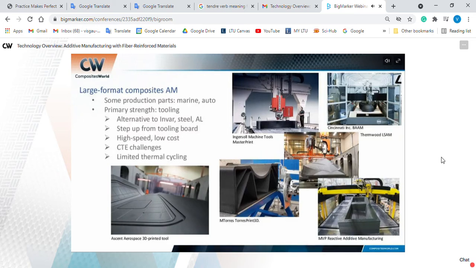So with a large format system, you can print on one side and then move the part over to the other side of the machine and do the machining there to create the smooth surface. So there is some sacrificial material there that has to be accommodated for during the printing process, and that's part of the design process for these tools. Also, I had a question about CTE and whether